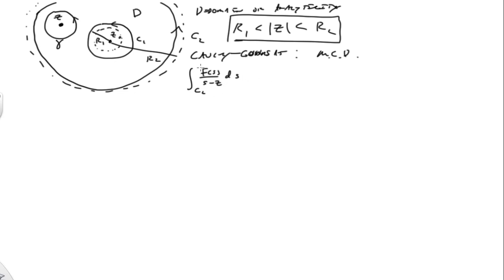I'm going to think of that as my integrand here, and provided z is out here, this function is, we can, but it doesn't work. We need to actually add additional terms to it now. Because this is positively oriented, I have to put a minus sign there, and now that's C1, and we have f of s over s minus z ds. Then we have a minus, another, because we can do what we always do,